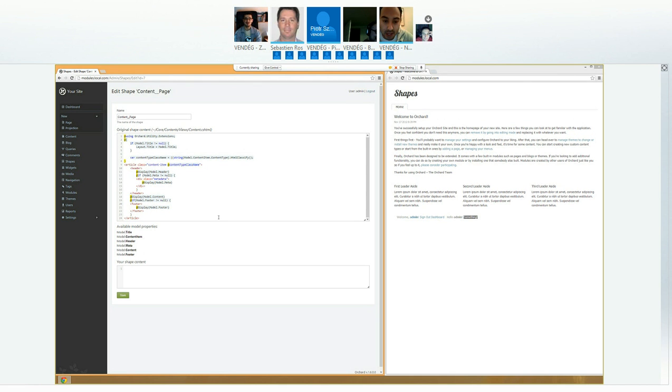I think shape tracing should be extended. And this is a good example of where it could be extended to. Yeah, but there are particular scenarios in which it won't work with shape tracing. For example, you need to override a particular shape, but you don't know where it is actually